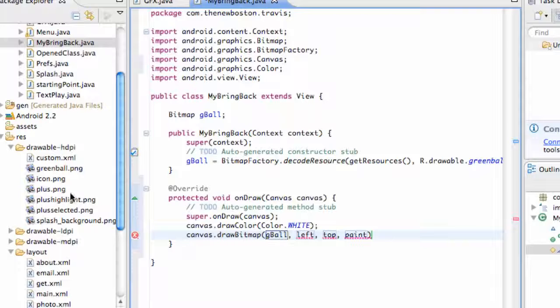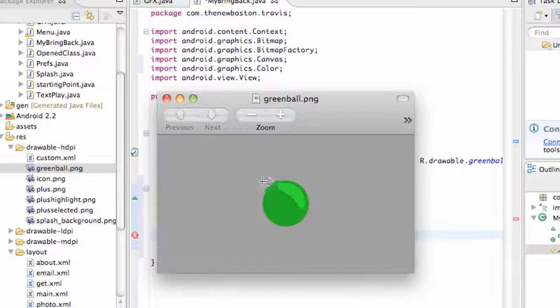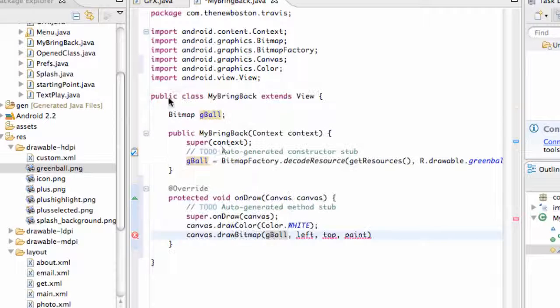And also our ball that we included, let me pull this up. Right here, this is, you know, a transparent background, but that's about the shape of my ball right there. That's being selected, and when it draws, it's going to also draw from this top left corner. So we need to keep that in mind as well, and I'll show you what we can do to get